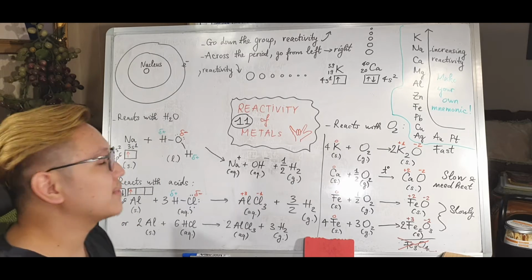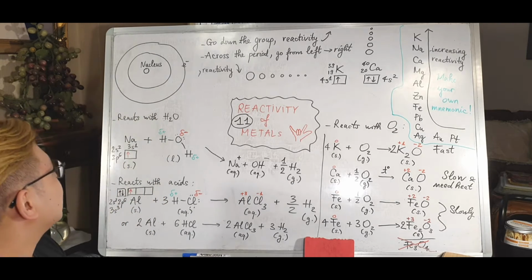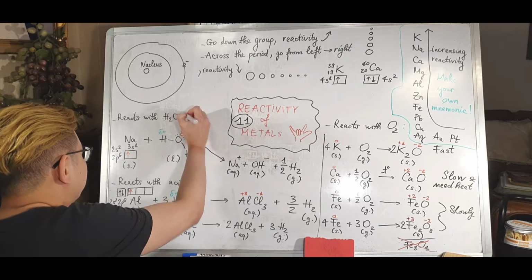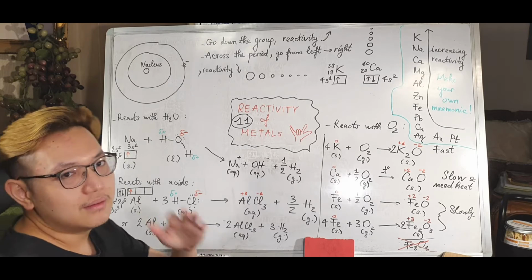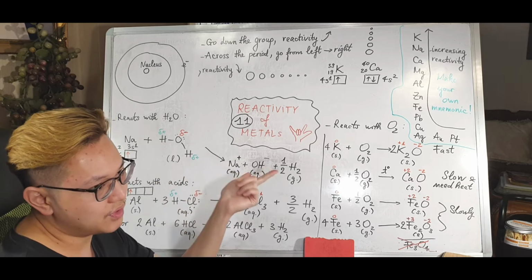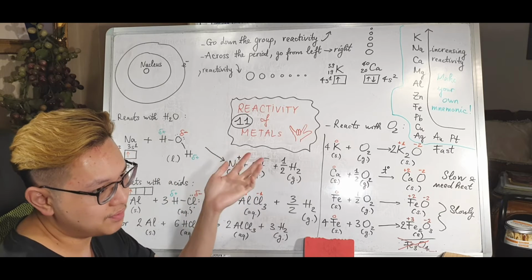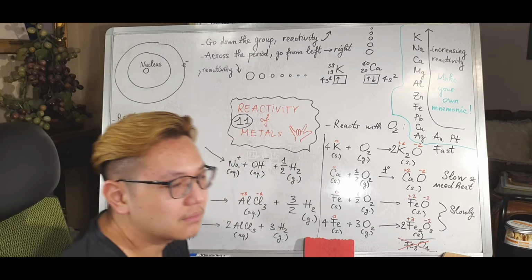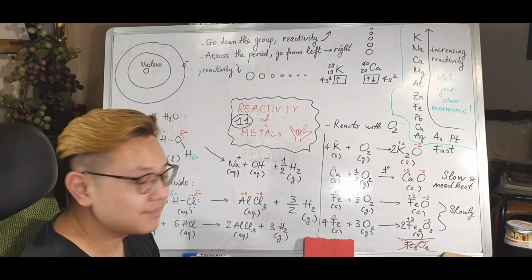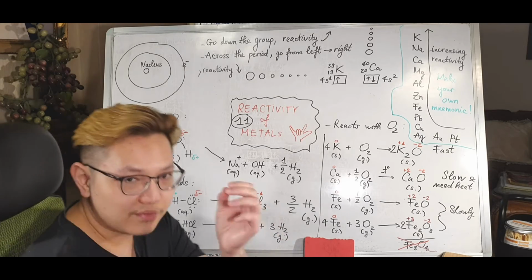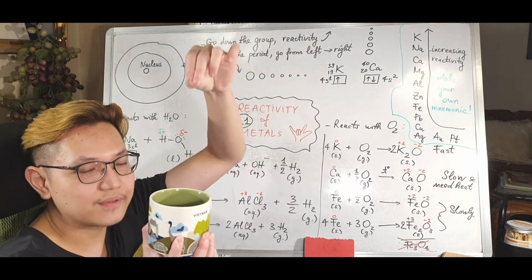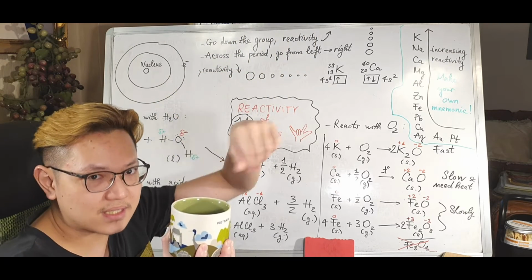Now let's go to the reactions. So let's talk about reaction with water here. Normally group 1 metals like lithium, sodium, potassium, rubidium, they actually do react quite vigorously with water. Sodium, for example, is a very typical example. If you put a piece of sodium metal into water, it will